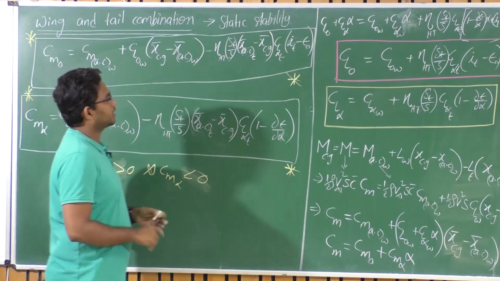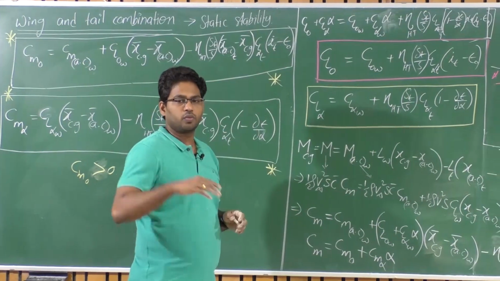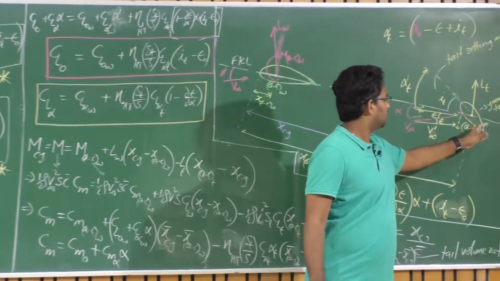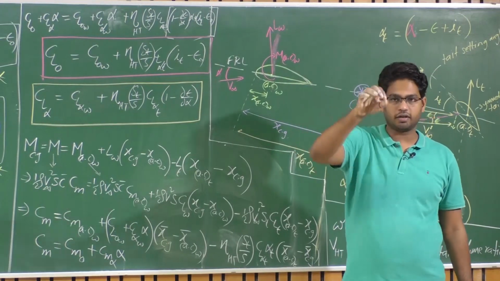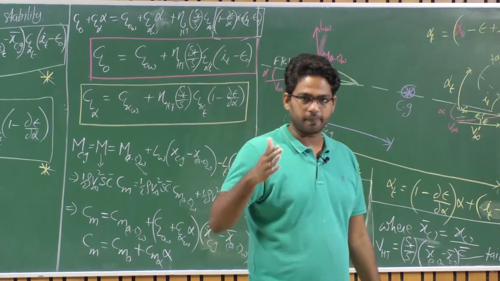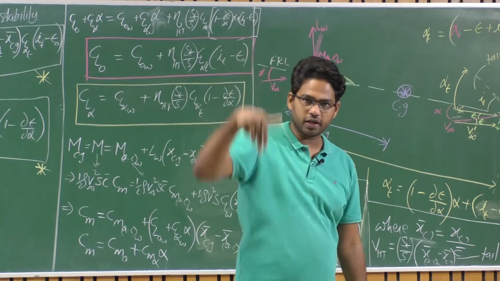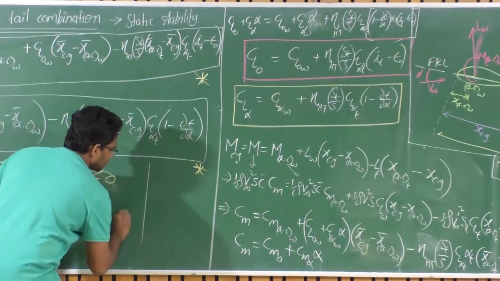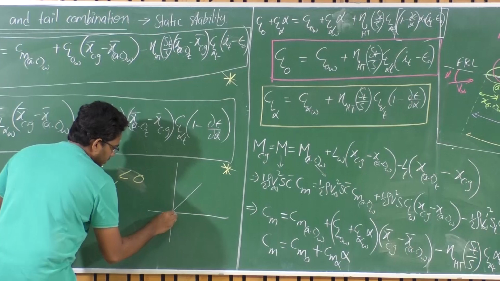Let us say in the case where you want to have i_t zero. You don't want to, because you are again at the expense of drag. See, for a symmetric wing, whether it is at positive or negative angle of attack, it produces the same force. Am I correct or not? But in different directions. At a positive angle of attack it will produce an upward force, and at a negative angle of attack it produces a downward force. That's why the CL variation with alpha for this symmetric aerofoil will be almost symmetric about the angle of attack.